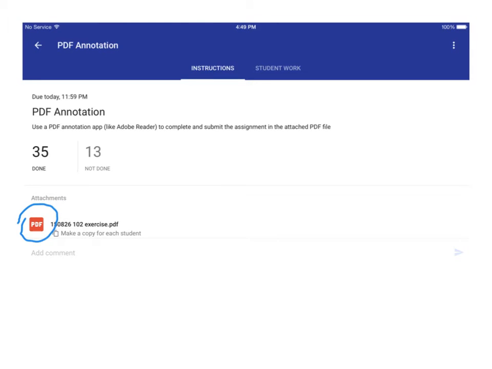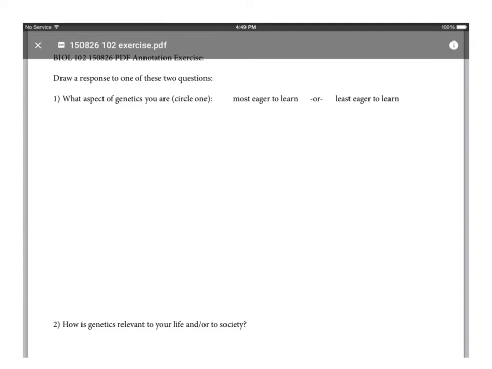And do note that this is using the Google Classroom app on an iPad, so this might not look exactly the same on your tablet, but it should work in a similar fashion. And that opens up this preview of the PDF document. And what I want to do is not to look at the PDF in the Google Classroom or Google Apps